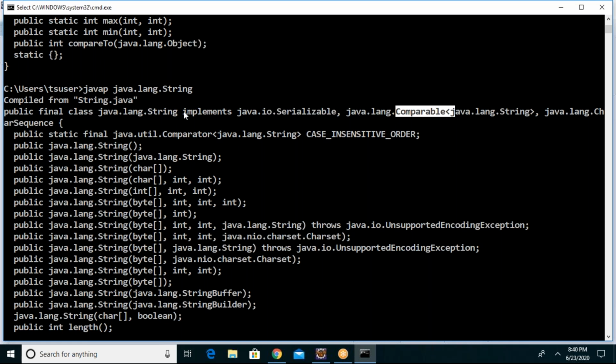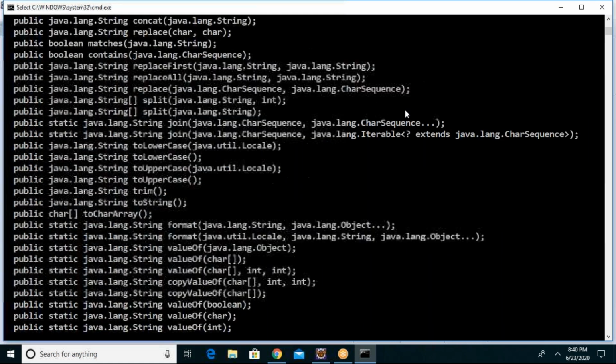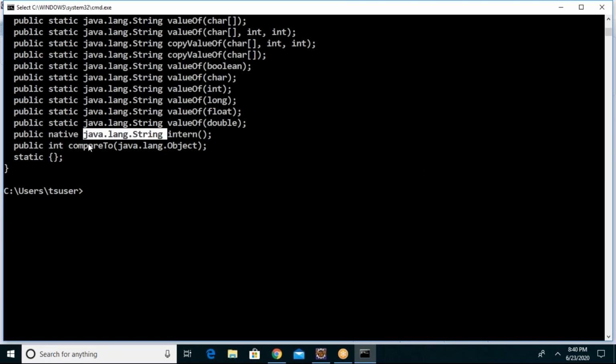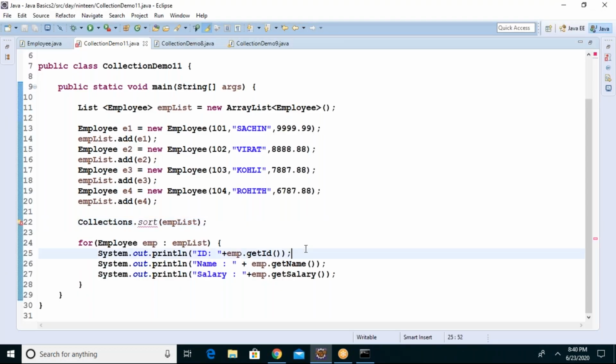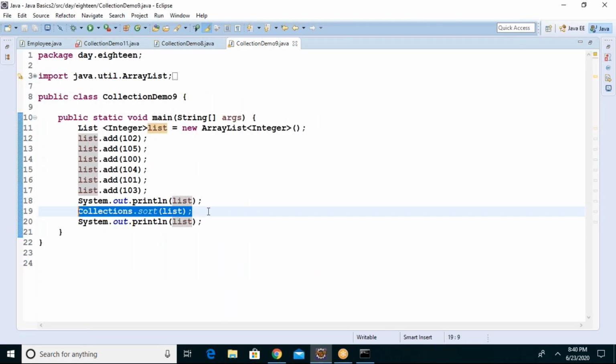So what do you understand? The String class and Integer class implement the Comparable interface and override the compareTo method. Because of that reason, it successfully handled the sorting algorithm.